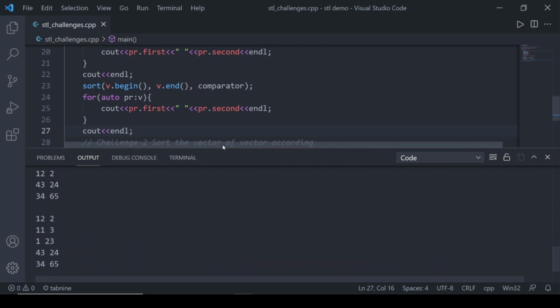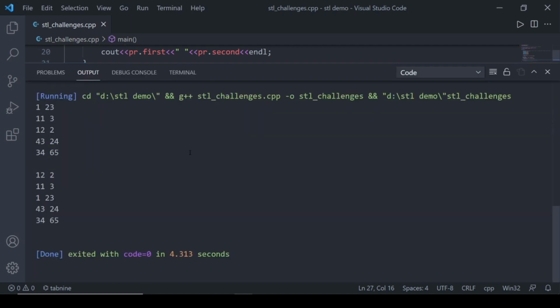So now you can see, let me make it big, that our vector of pairs has been sorted according to the second key, meaning 2, 3, 23, 24 and 65. The pairs have been sorted according to the second element of the pair.